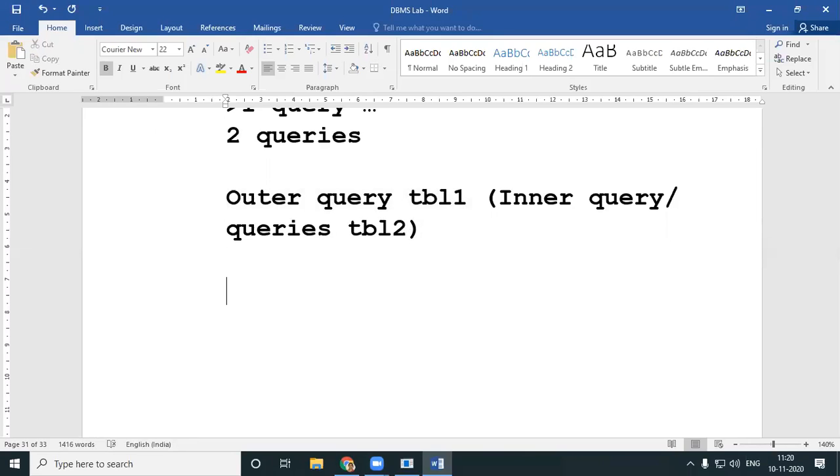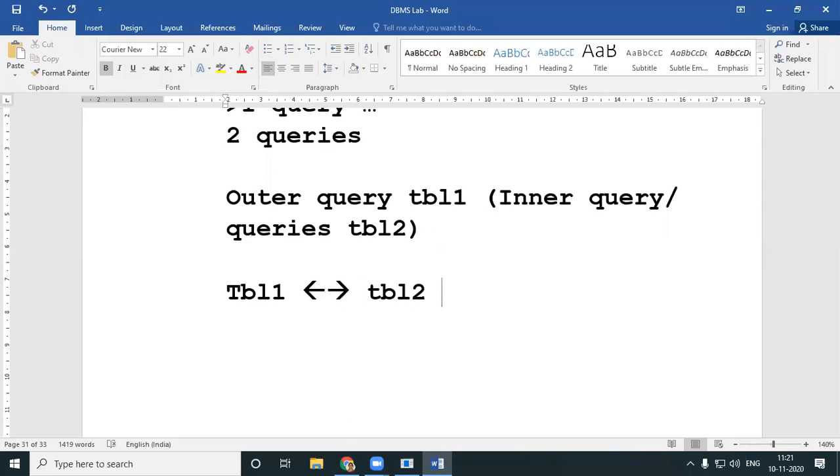Now, you cannot simply write queries. There are a few conditions you have to keep in mind when you write your nested queries. The first thing is table 1 and table 2, they should be connected.